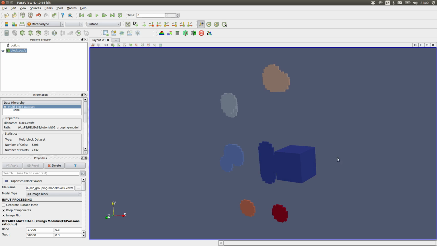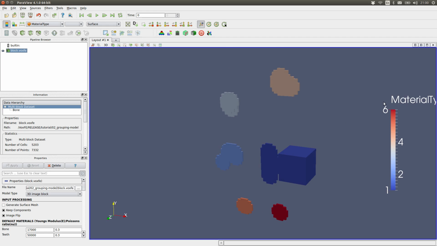So the actual object of interest is in here, and it's got some different materials defined in it. But because this is just the connected components image, if I show the color legend, you'll see that they're labeled from 1 to 6, from decreasing size upwards, as it were. So it's not a very interesting model, this, but it does